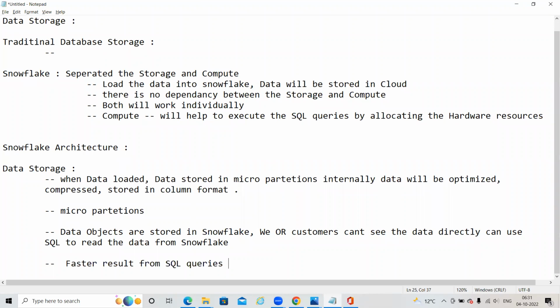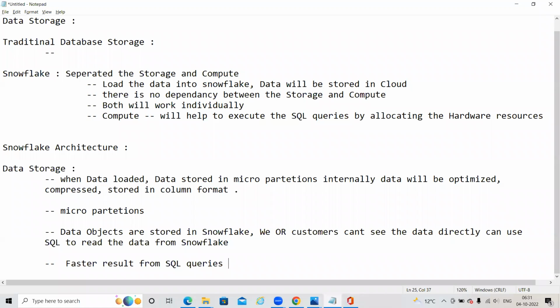Once the data is stored in micro partitions, it will be optimized, compressed, and stored in a columnar format. Why compressed? Because you pay for the space occupied in Snowflake. Suppose you load 2 TB of data from Teradata; it will be compressed and then stored in Snowflake, so you pay only for that amount, not for your entire source data. So that is the advantage. Next, what are micro partitions? We will discuss that after this architecture.